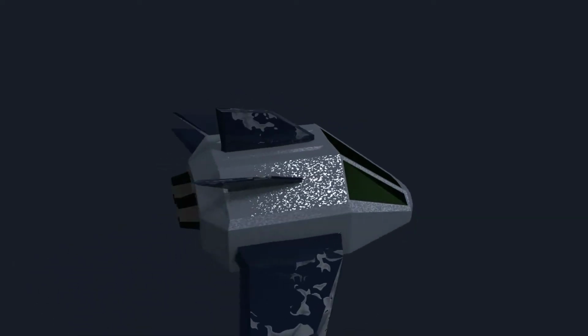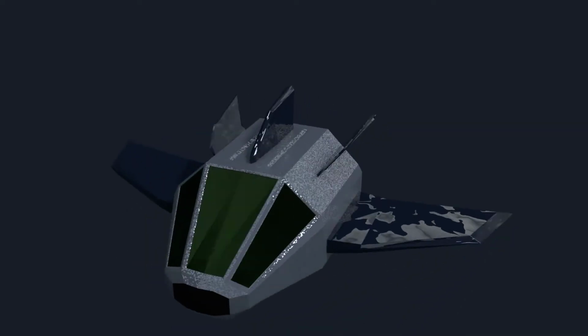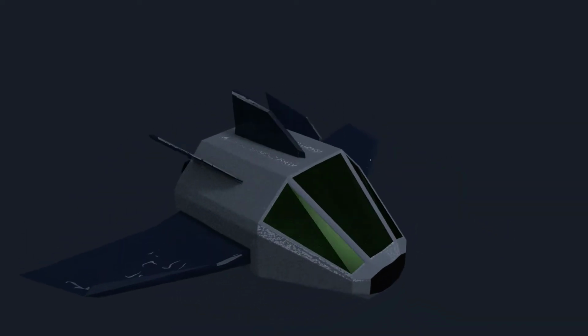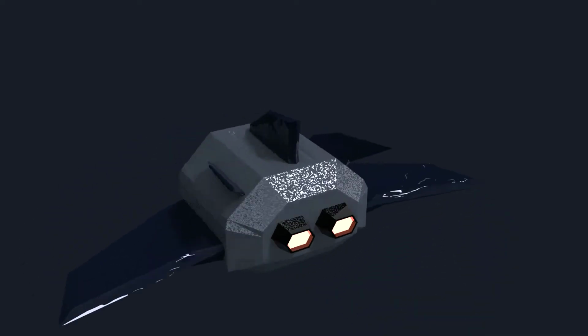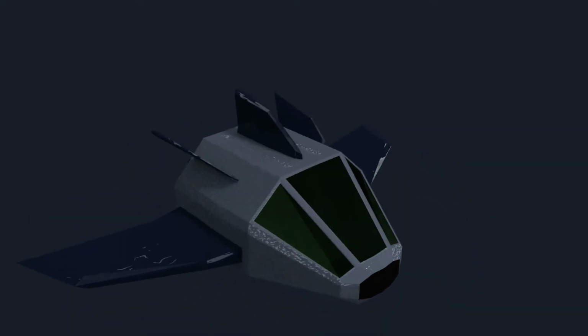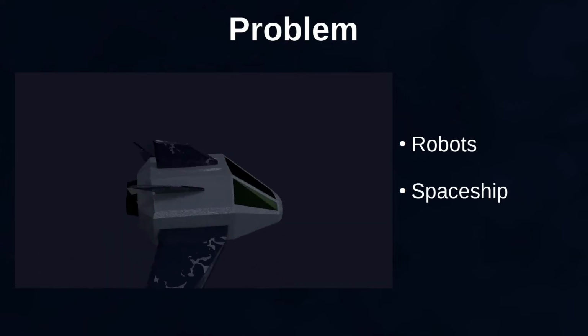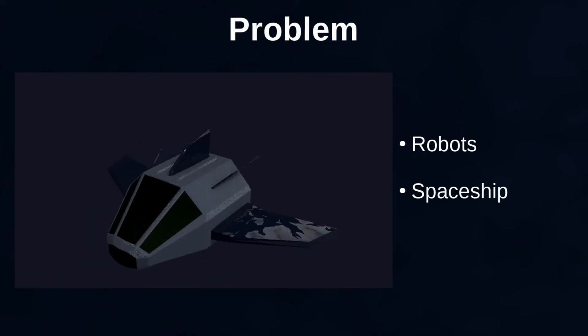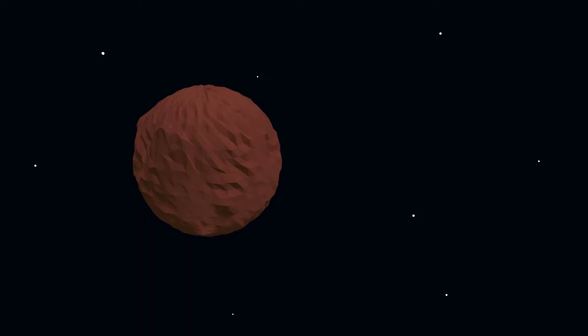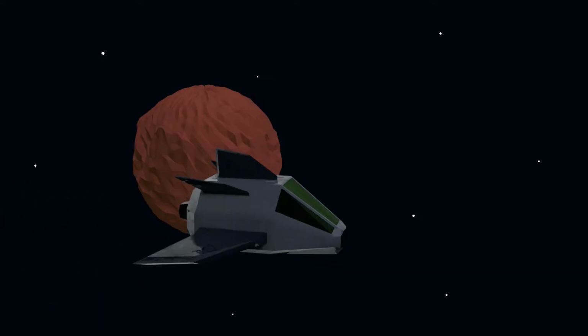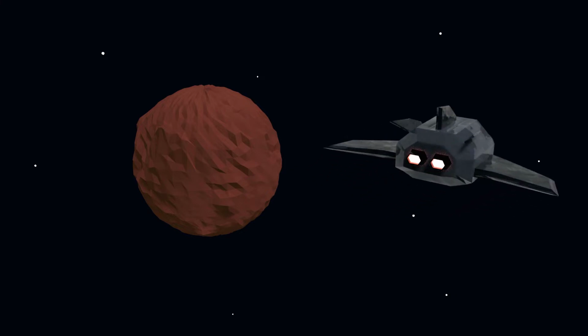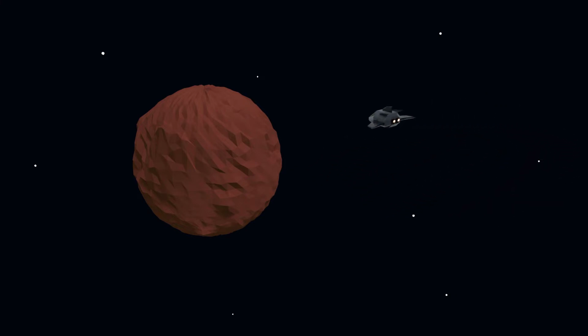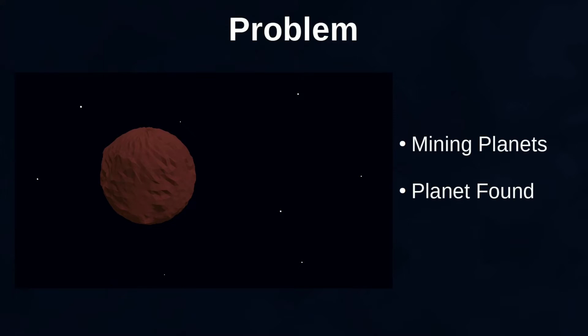Imagine that in a distant future, the robots become intelligent enough to be able to create spaceships and go and explore the universe. They are interested in understanding the universe, but more practically, they also need to find resources in other planets to expand their colonies and improve their technology. So, they organize missions where they try to find new planets which can have metals or minerals of interest that they can extract. Suppose that during one of those missions a new potential planet is found, and the scouts decide to land on the planet to better understand if there are relevant resources.